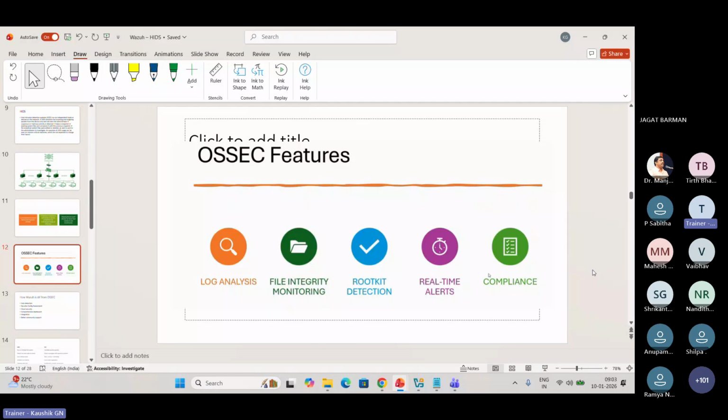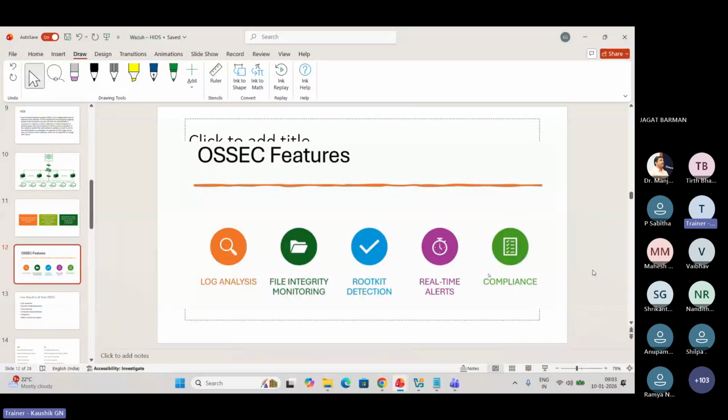But here it will get the root access, the privileged access, and it will sit in your devices, and it will monitor, and it will edit, and it will exfiltrate the data from your system. That is rootkit, one kind of malware. This can be detected in Wazuh. Real-time alerts can be generated, and the compliance.